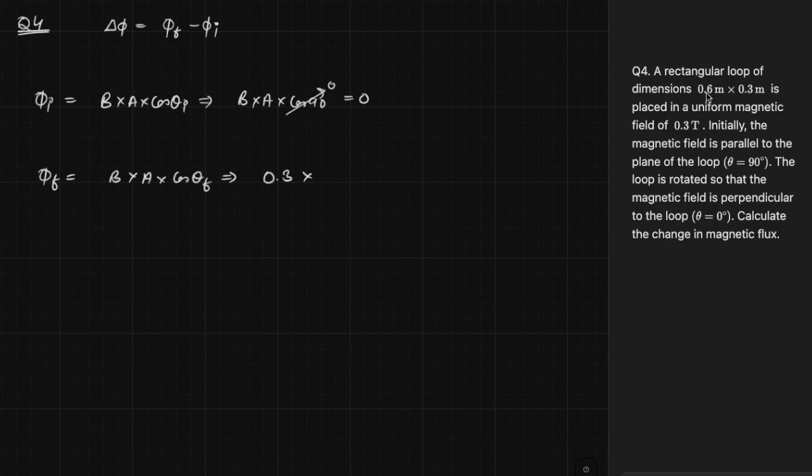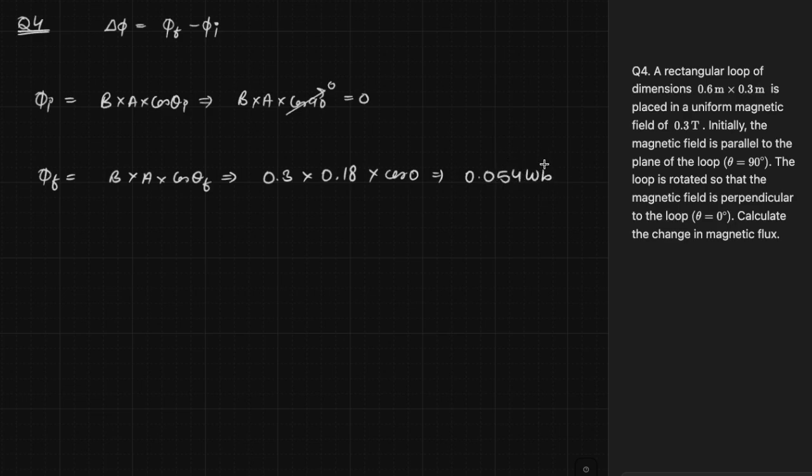So it is length into breadth, 0.6 into 0.3. So that will be 0.18. 6 3 is 18. So we can calculate simply like this. And now the final angle is 0, so it will be cos 0, which is just 1. So our value will come as